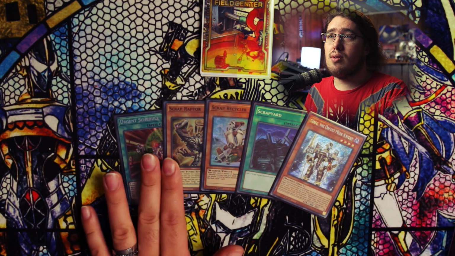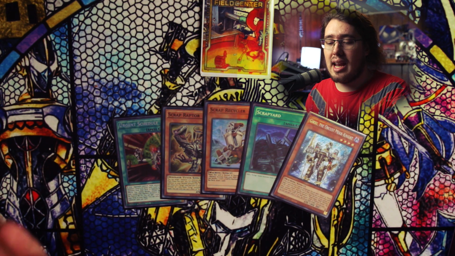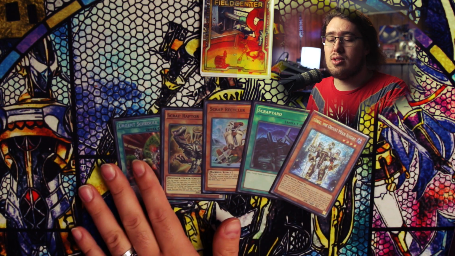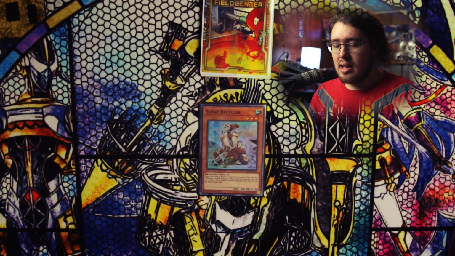Urgent Schedule is also only a going second combo card because your opponent needs to control a monster. The only exception is if you're playing against Tearlament and they somehow get a Havnis on the field without you having any monsters. That would be the only case in which Urgent Schedule could come up on turn 1. But anyways, we're just going to do this combo with a normal Scrap Recycler,